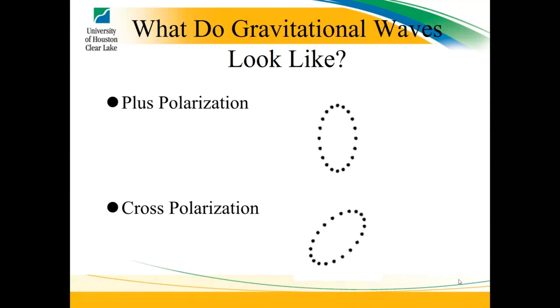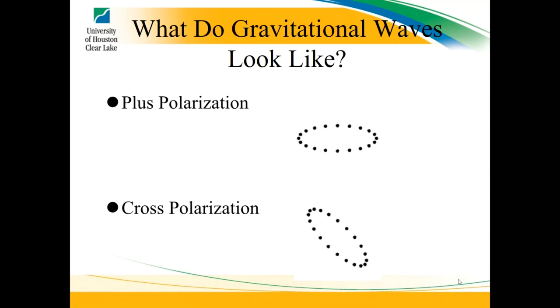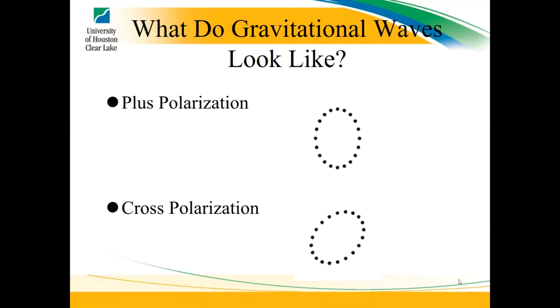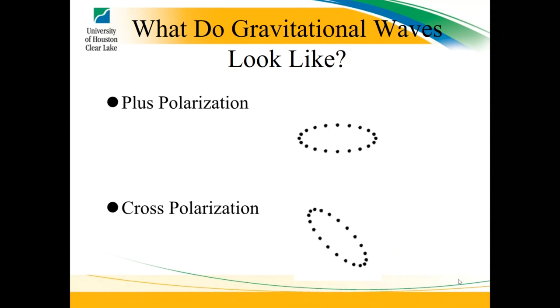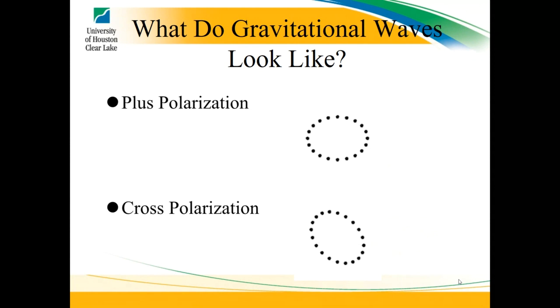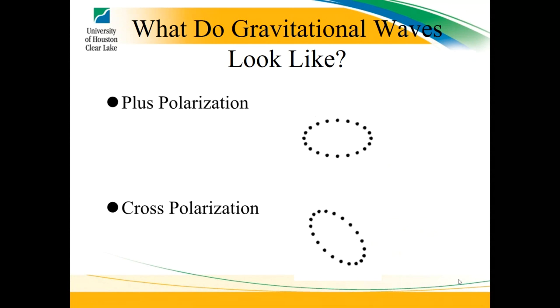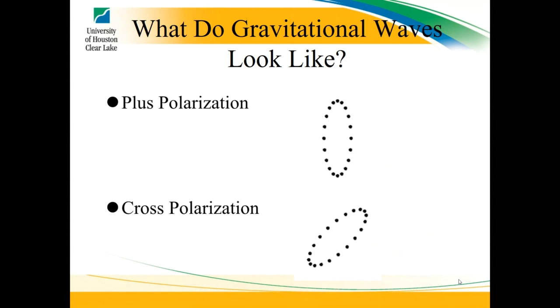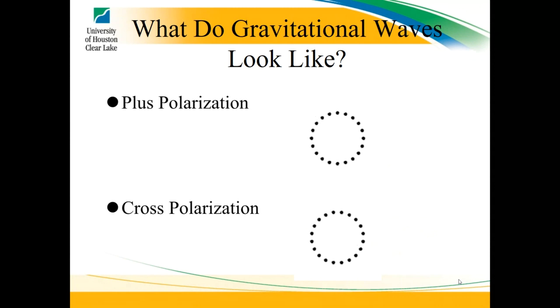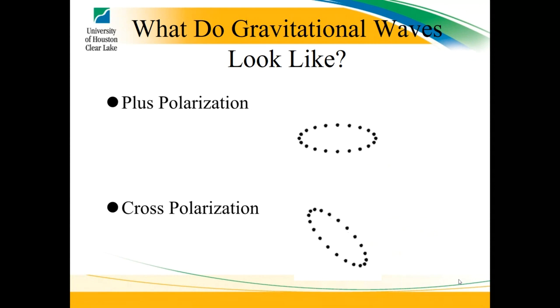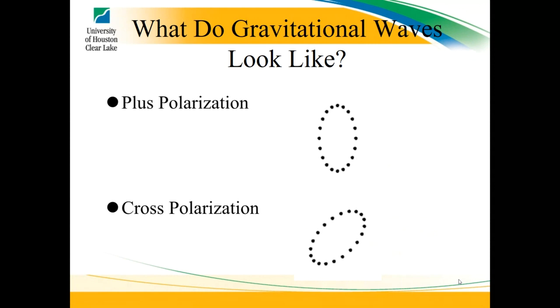So what do gravitational waves look like? Well, this is the interesting thing. When a gravitational wave passes by, you can imagine you have a ring of particles like I show on the board. What happens is, as the gravitational wave passes by, the ring can get shorter and fatter and then taller and skinnier, and it's kind of flipping between those two. So if a gravitational wave hits you, when it comes by, you're going to get a little bit shorter and a little bit wider, and then as it passes, you're going to get taller and thinner and keep flipping between those two. And that's assuming the gravitational wave is actually coming right out of the screen.